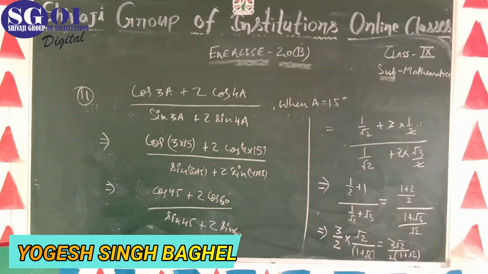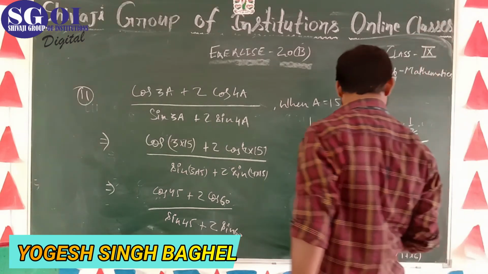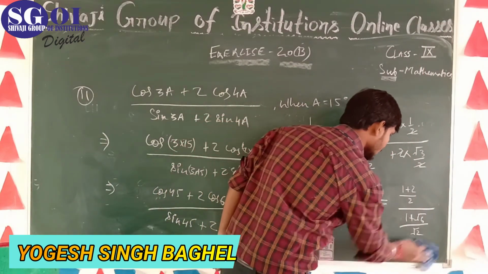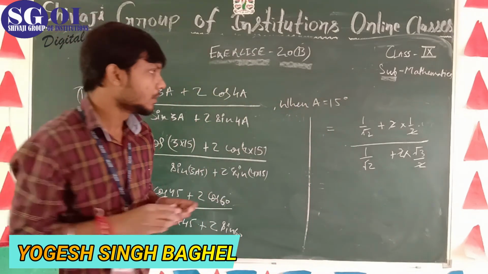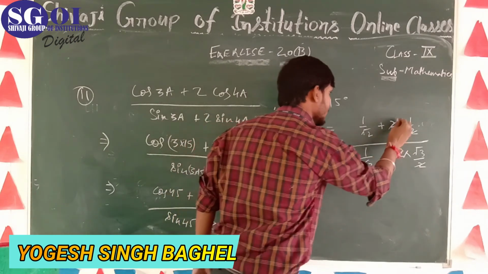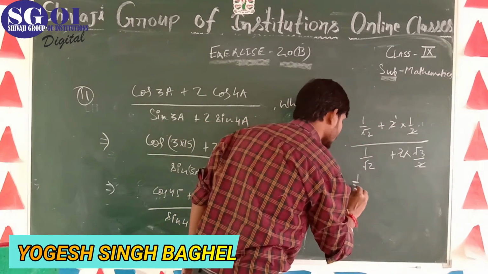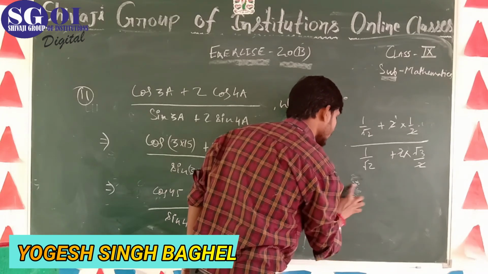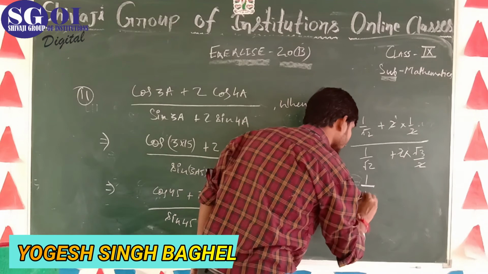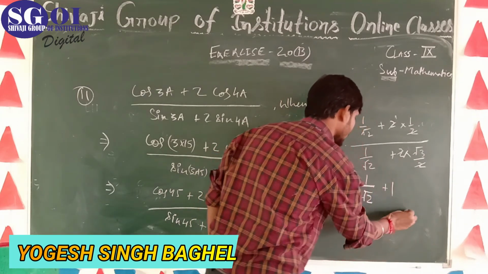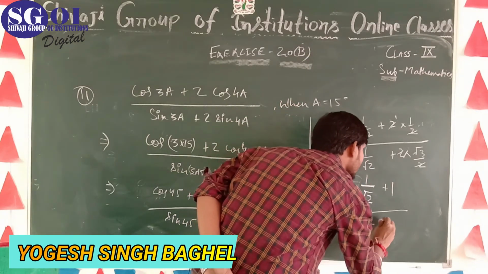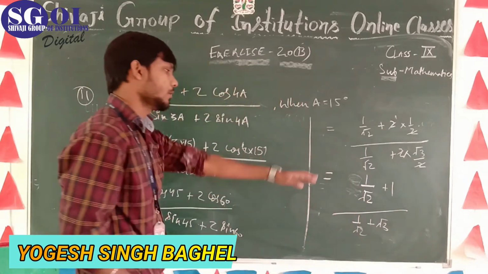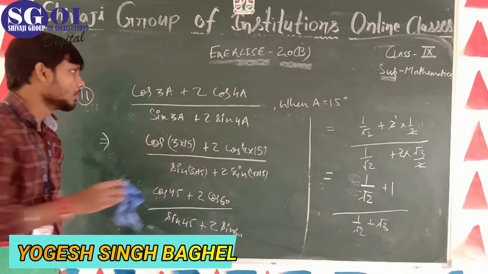Okay, so let's see, there is some correction. Here we have divide, now 2 under 2 and it comes 1 by root 2, 1 by root 2 plus 1 upon 1 by root 2 plus root 3. Okay, now we have to solve this one. Okay, now I am going to rub it.